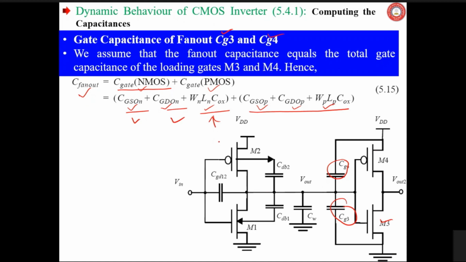But nowadays, CMOS processes are self-aligned, so overlap is negligible. So these two capacitances can be neglected. Basically, it will remain COX, and of course, it has to be multiplied by area because COX is expressed as farad per meter square or centimeter square or micrometer square, right? So this is the component,